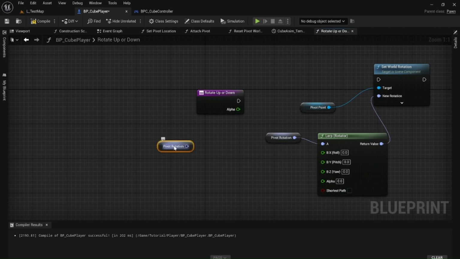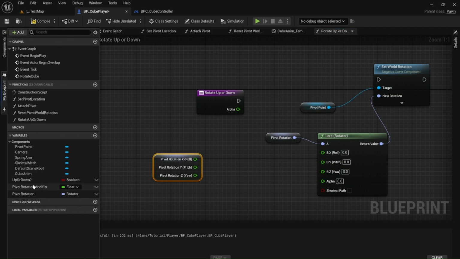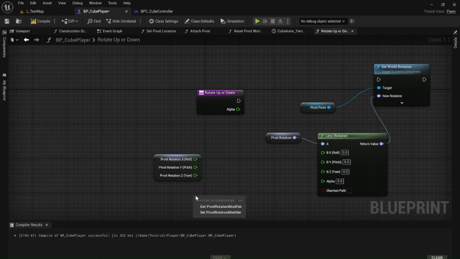Select this and duplicate it, and then split it as well. And very simply, we're going to add to our X value here by the pivot rotation modifier. So we're going to grab our pivot rotation modifier,